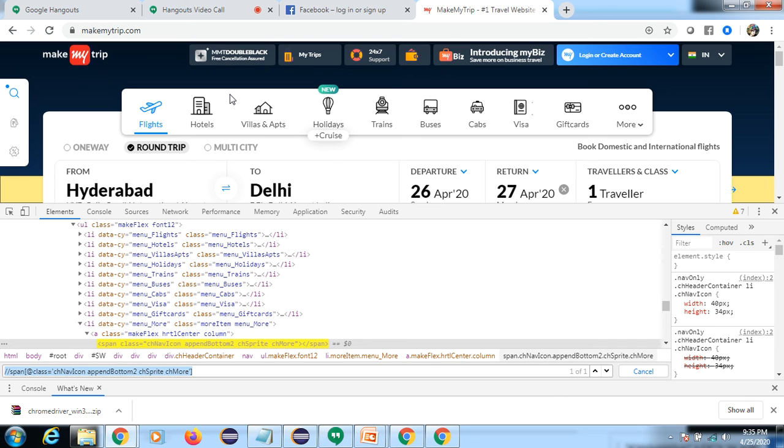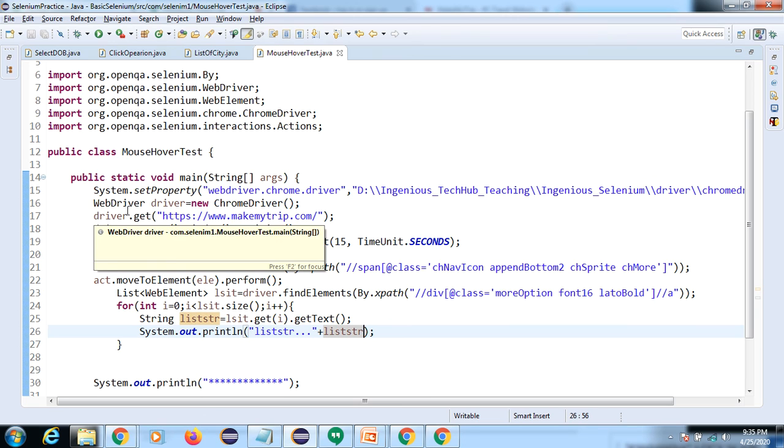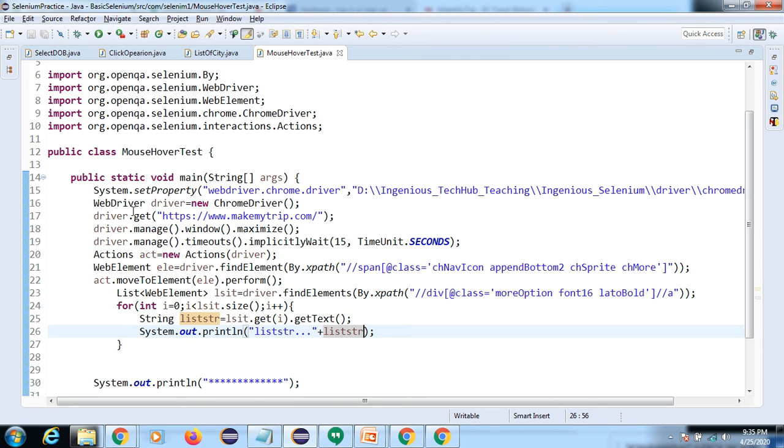But in real time we do not use the main method, we use TestNG. In one class I am executing only one test case here, but in real time that is not possible. If there are 100 test cases, we cannot make 100 classes, it is very difficult. In one class we can execute a number of test cases by using TestNG. So TestNG is the heart of Selenium. It is a third party tool and a very beautiful framework.